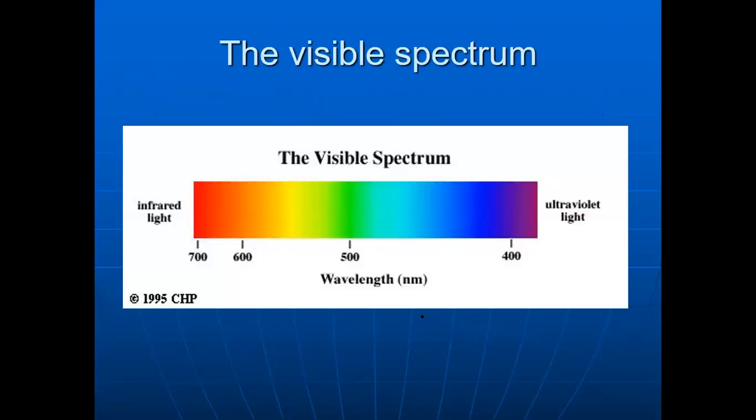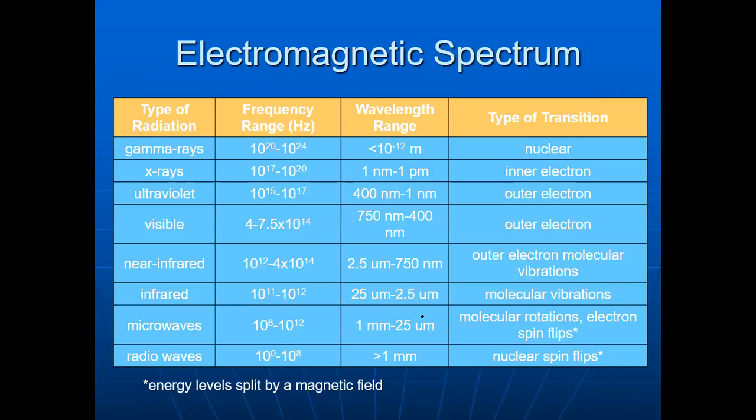We will see this. Do you know what a visible spectrum is? The slide picture is for your understanding of the visible spectrum. Overall, students, this is the electromagnetic spectrum. You can see the gamma rays and their type of transition, some nuclear transitions. X-rays involve internal electrons, ultraviolet rays pick up the outer electrons. In near infrared, outer electrons and molecular vibrations take place. And radio waves cause nuclear spin flips, with energy levels split in a magnetic field, students.